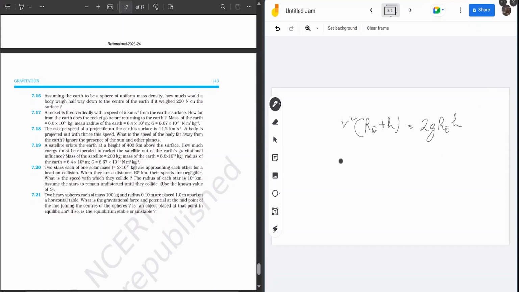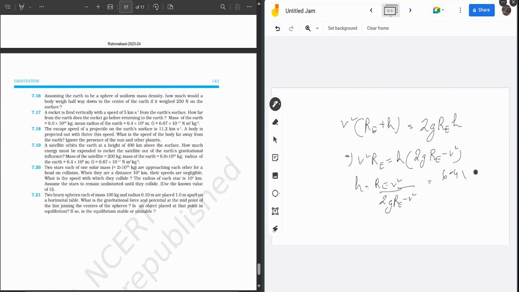So v square into Re is equal to h into (2g Re minus v square). So h is equal to Re v square divided by (2g Re minus v square), which is